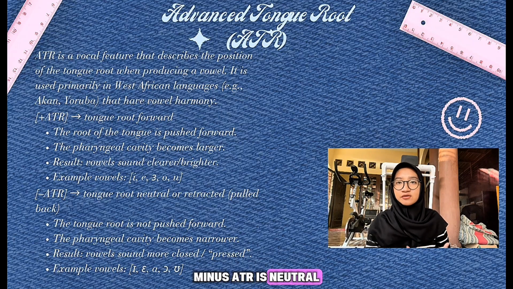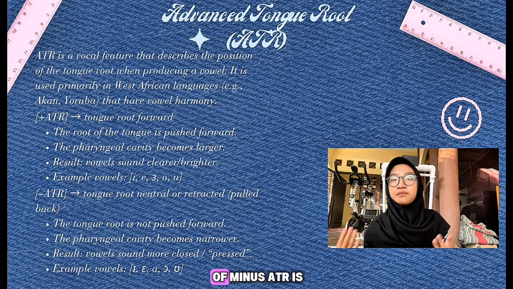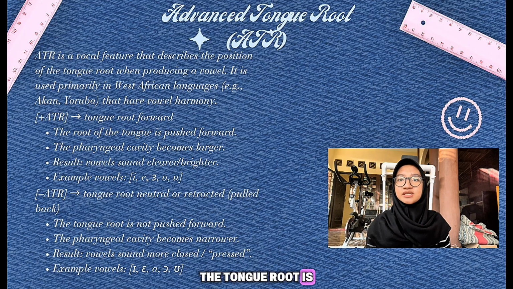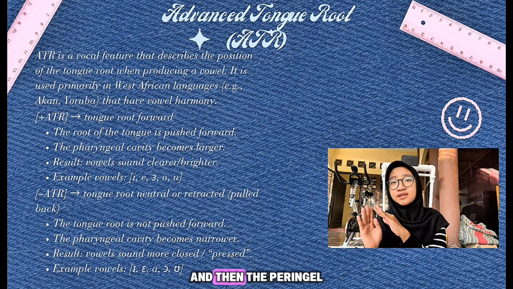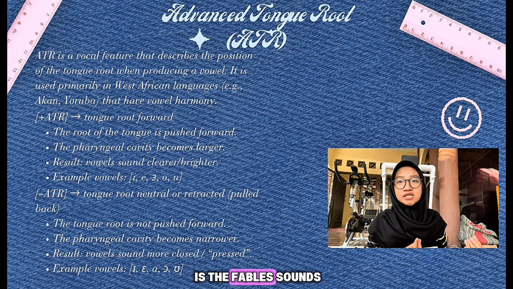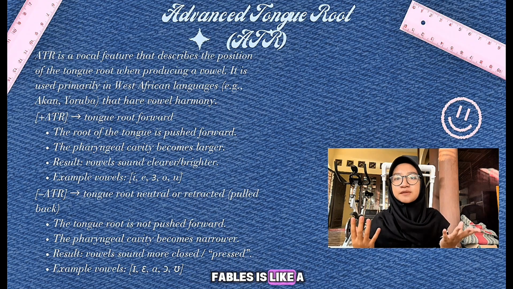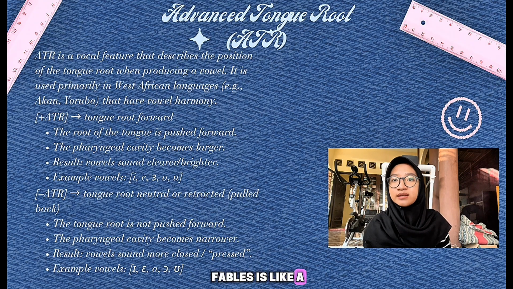The next is minus ATR. Minus ATR is a neutral or retracted tongue root. The characteristic of minus ATR is that the tongue root is not pushed forward, and the pharyngeal cavity becomes narrower, and the result is vowels that sound more closed or pressed. And then the example vowels are like a,